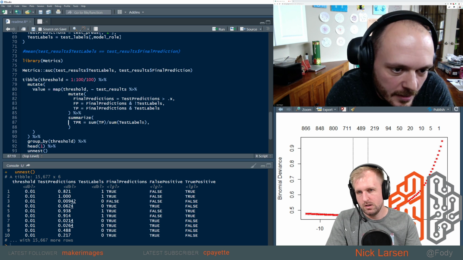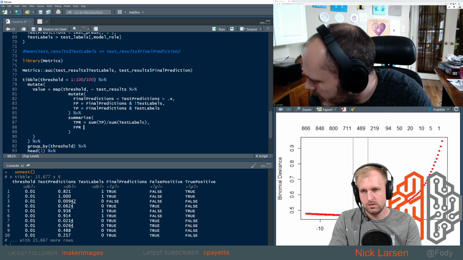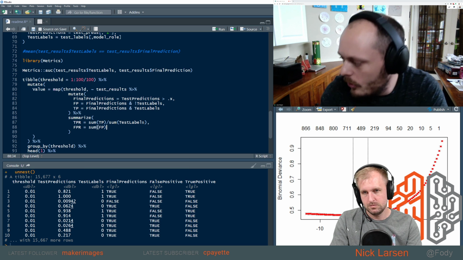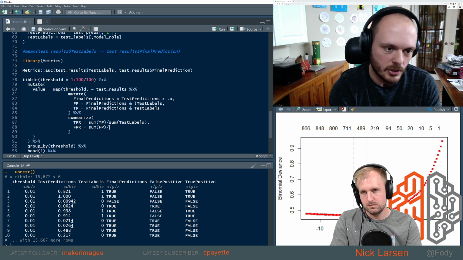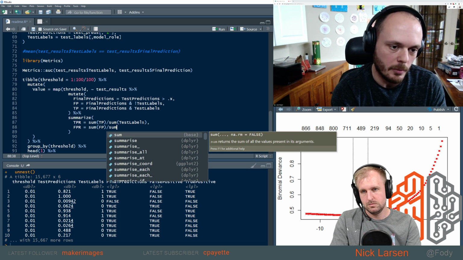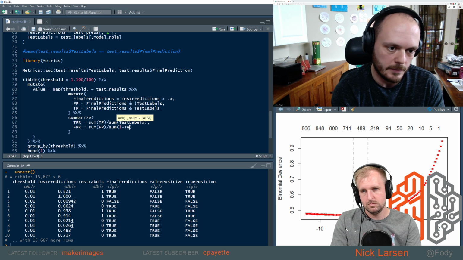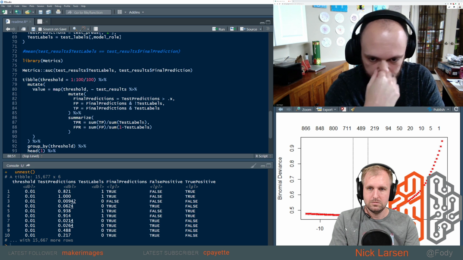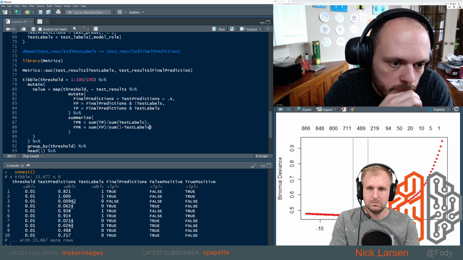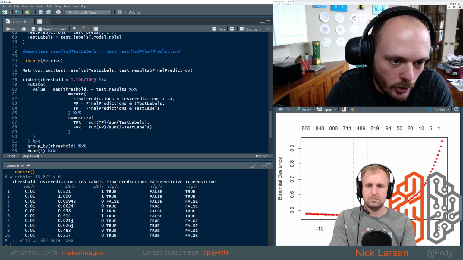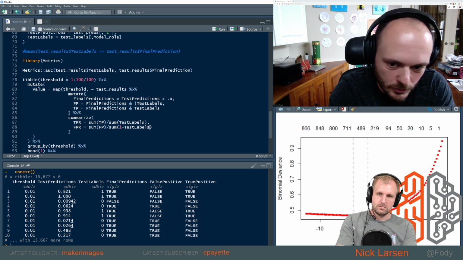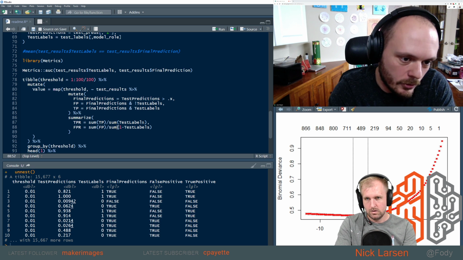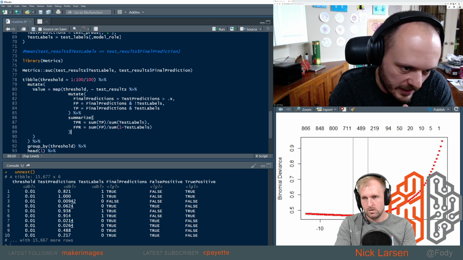Okay, and then we want the false positive rate. The false positive rate is false positives over all negatives. So sum of FP over sum of 1 minus test labels. Right? So that's false positives over all falses, and we have true positives over all trues. Right. And now if you get rid of that group,